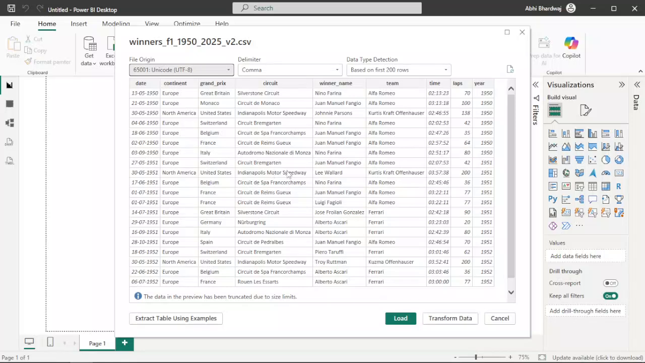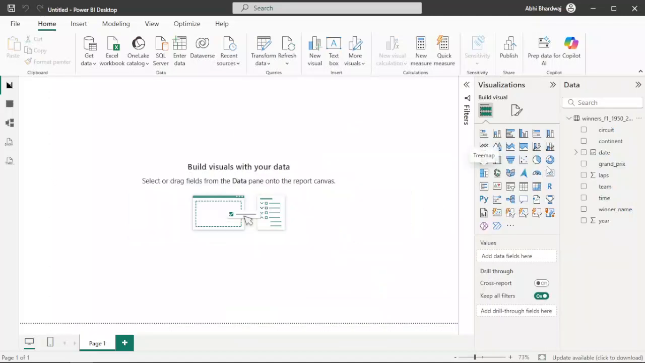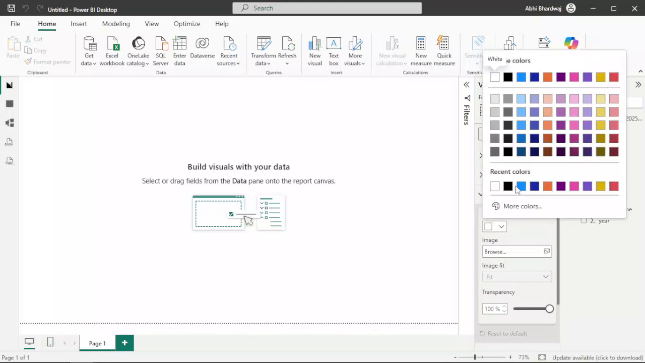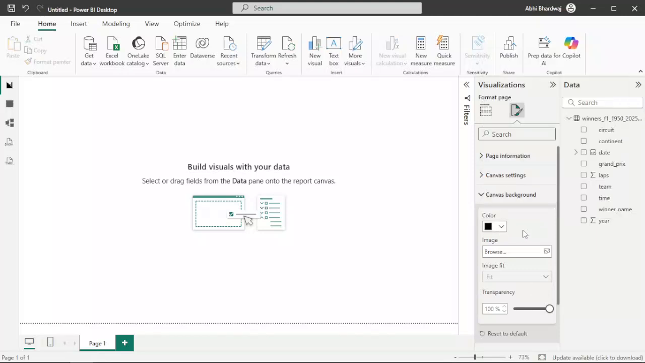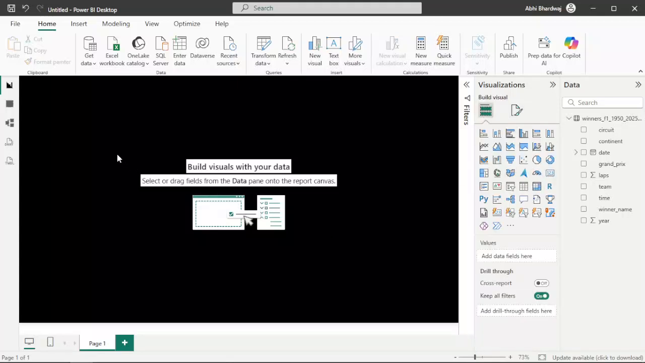So this is the data set which we are going to visualize. So let's click on load. So first thing first, let's change the canvas background. Let's add our first KPI, first card,